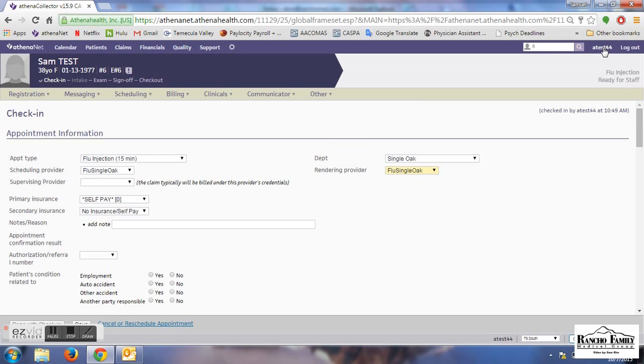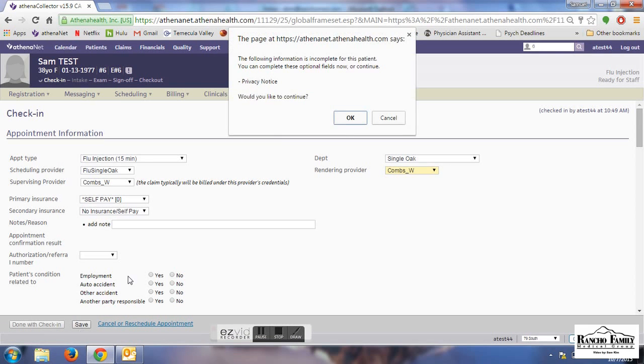So I'm logged in as test 44. I work for Dr. Combs normally, and I need to change this rendering provider to Dr. Combs. This lets me give the privilege to sign off the flu injection so that Dr. Combs can review it. If you don't have a rendering provider selected and you miss this step, you're not going to be able to sign off the injection and we're not going to be able to bill it out. So it's really important that you choose a rendering provider. Once you do that, you click save,